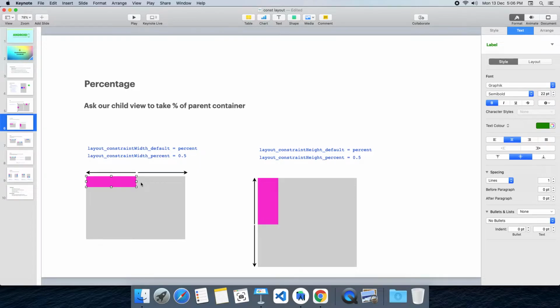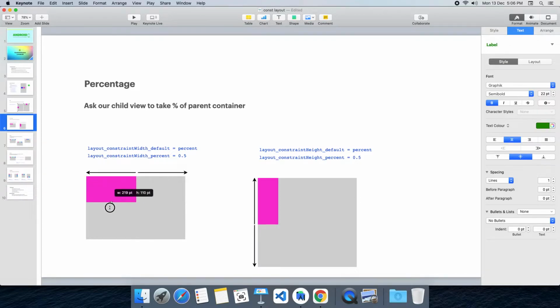At that point of time we need to set this width equal to 0, and then we should tell this view to consider parent width as a percentage. For that, apply the first property. How much percent it is going to take with respect to parent. This is the second property. Here we have set to 50%, so this is the entire parent width. So it is taking 50% of the parent width.